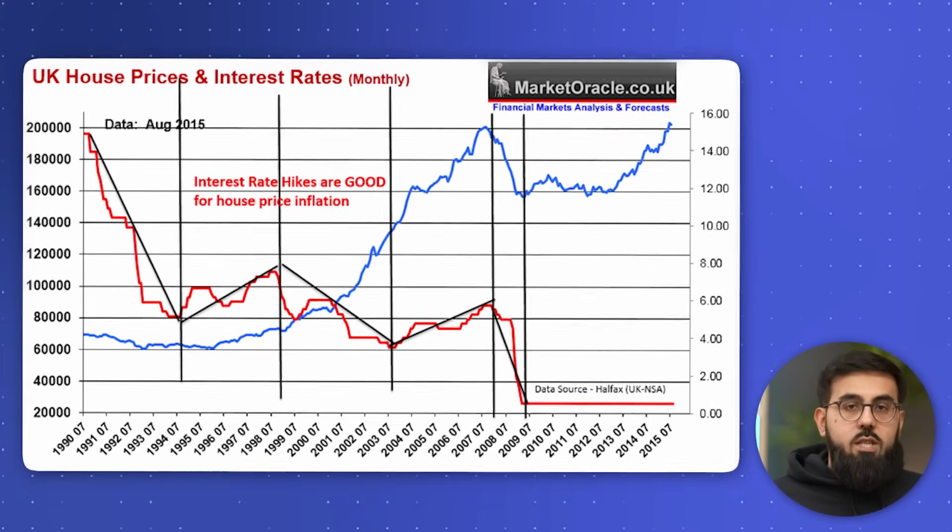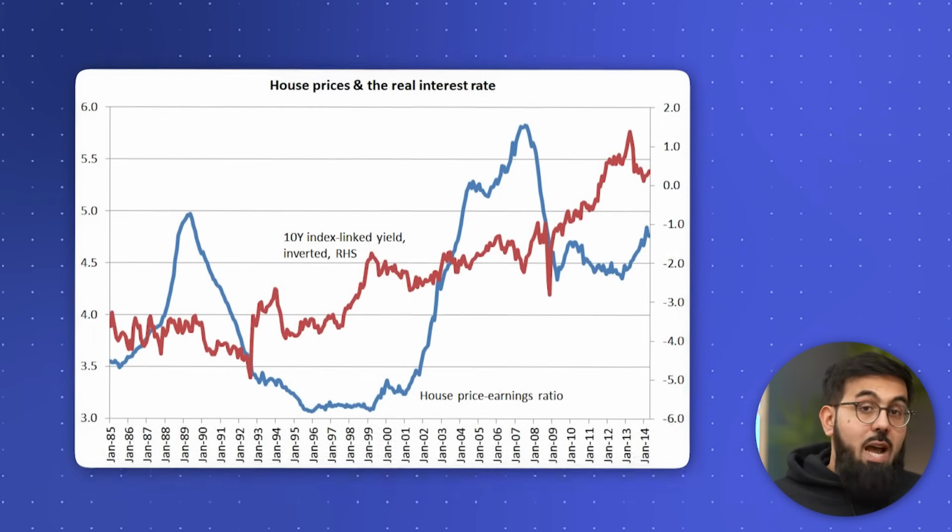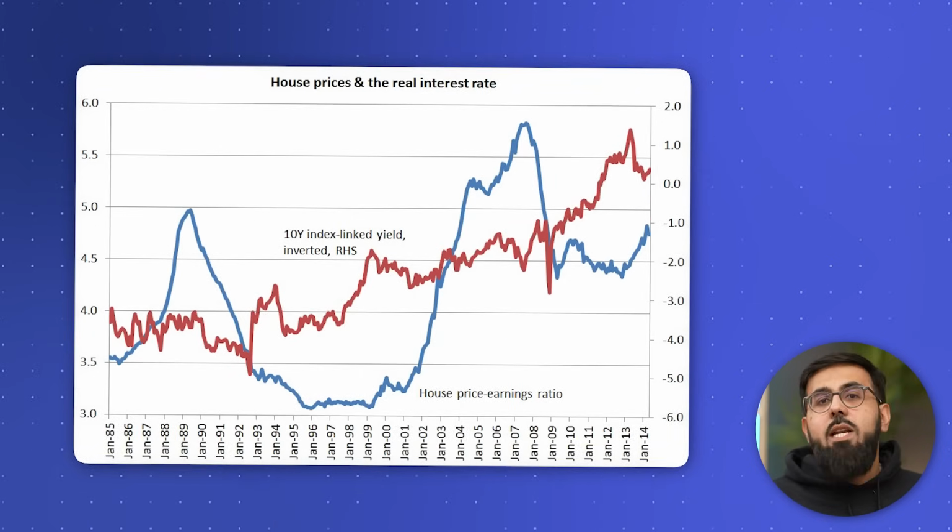Interest rates we've already discussed. They've ramped up a lot over the last year or two. House prices haven't really fallen though. They've fallen a little bit, but not too much. And now interest rates are expected to gently head downwards. So again, this should help house prices, if anything.